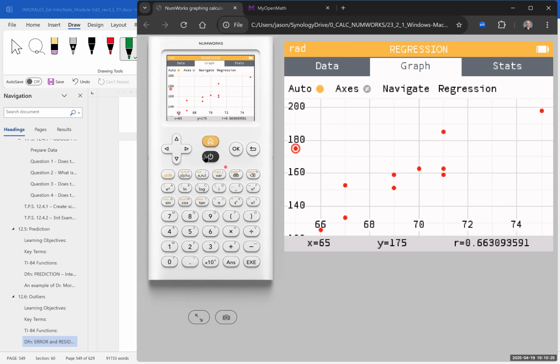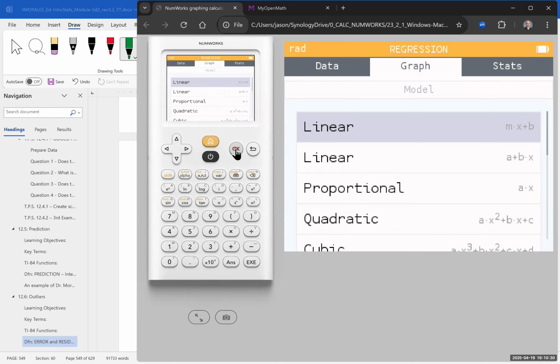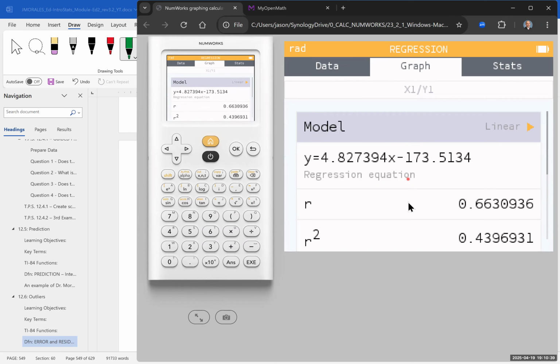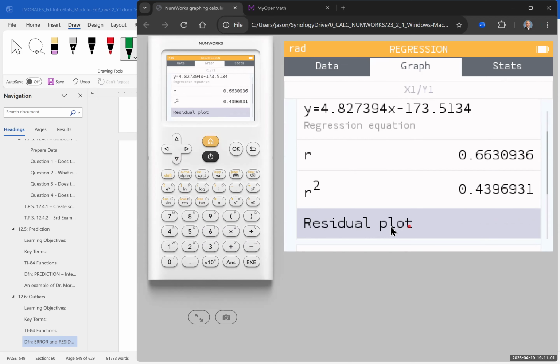Now you want to do a regression, make it linear, then go back into the regression option again, and you'll notice it gives you more information than before. Now that you've chosen a linear regression model, it's giving you the line of regression equation here. It's giving you the correlation coefficient here. Here's the coefficient of determination, which is just the square of that. But this is where you can do a residual plot. So if we click OK,